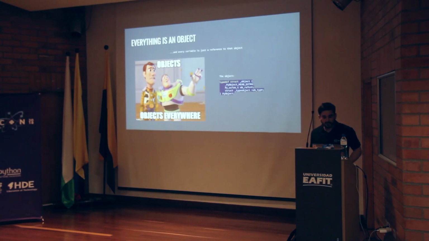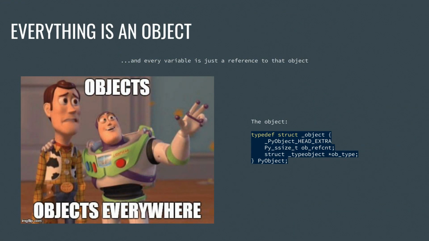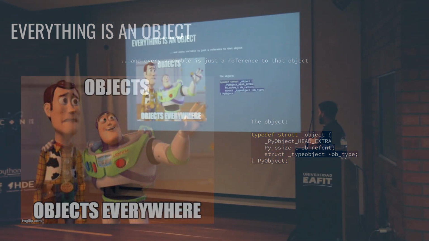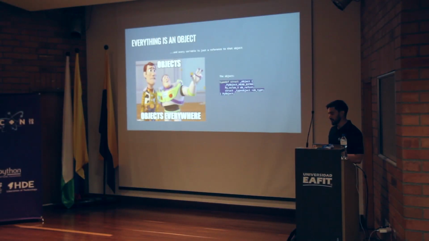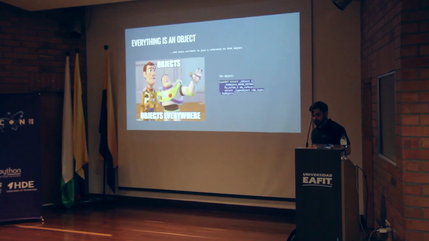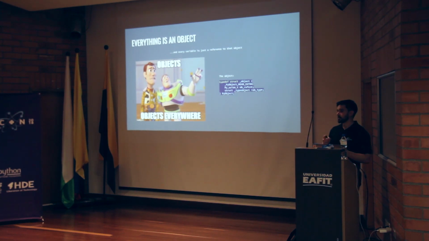So this is the most important statement about Python: everything is an object. I heard this many times before, and I never paid attention to it. But the more time I spent with Python, the more I realized that everything is actually an object. You can use anything, access anything, and change anything, and that's why metaprogramming is very easy in Python. It doesn't matter if it's a function, a class, or whatever else, everything is just an object in Python.